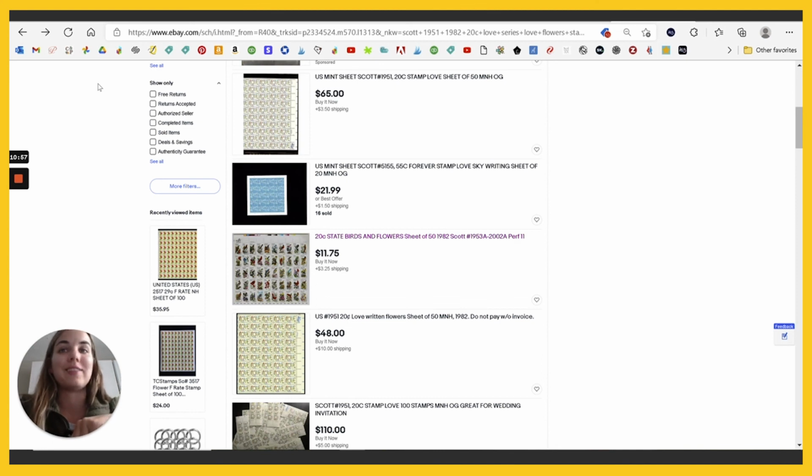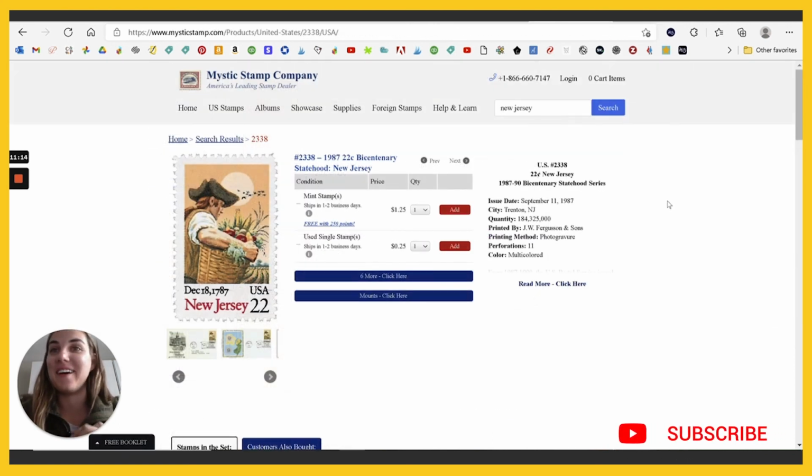So for this reason, I love using a forever stamp plus a couple add-ons, because then I don't necessarily have to add up to like 98 cents. I just have to add up to 48 or 50 cents, and that's going to be a lot easier and a lot less searching. So let me know what you think of this trick if you have any questions,